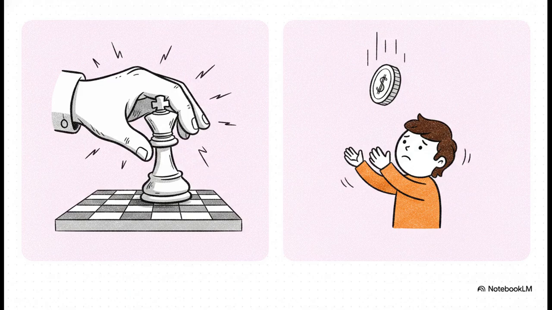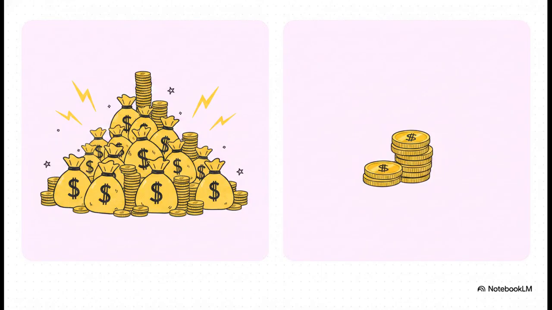If the market says wheat is $5 a bushel, well, the farmer sells it for $5. If they try to charge $6, buyers are instantly going to go to the millions of other sellers offering it for $5. And those roles directly dictate their bank accounts. Because oligopolists have market power and can manipulate supply and prices strategically, they are able to pull in abnormal, or what economists call supernormal profits, even in the long run. Abnormal profit just means they're raking in cash far above and beyond what's required to keep the business running.